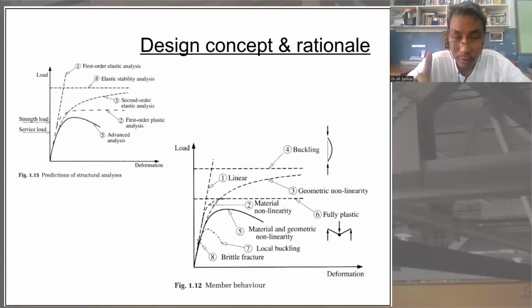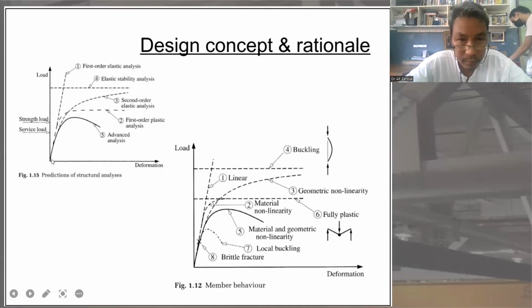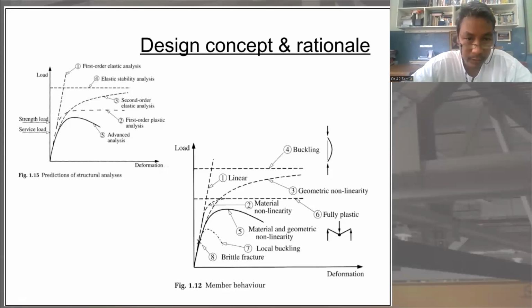We have the proportional point, elastic limit, the yield point, then ultimate and rupture. So here, first order analysis, we have a straight line, meaning we have